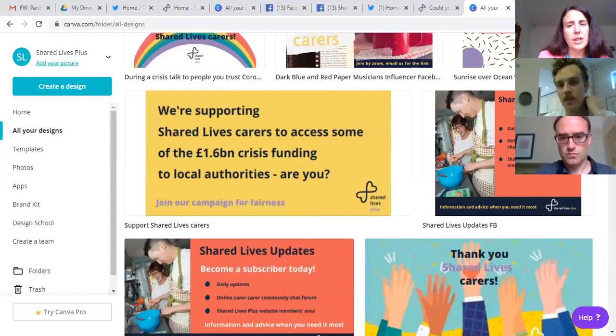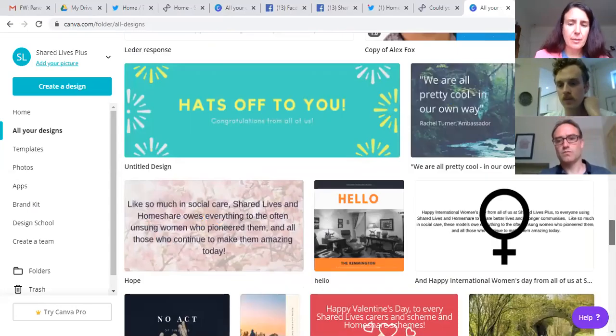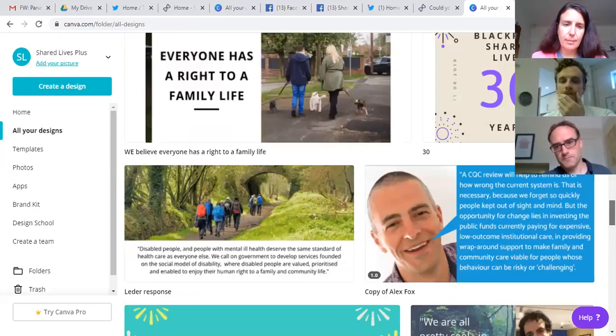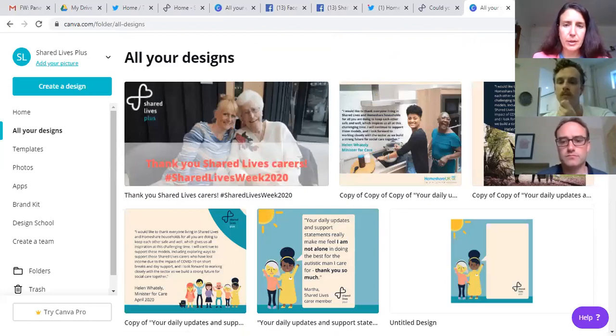So we're going to show you how to use these templates because we've shared them with you on that link I shared earlier. You can create your own posts with these backgrounds. As Phoebe mentions, on part of the digital toolkit, there are, I think, up to 10, is it, or 9